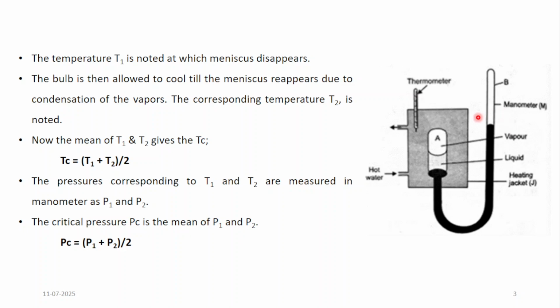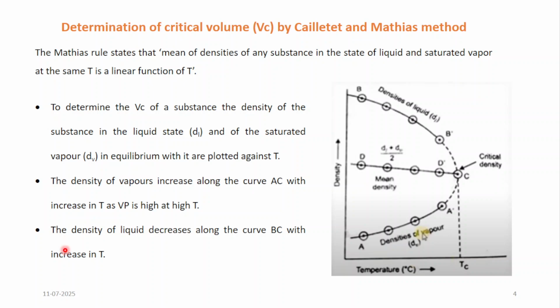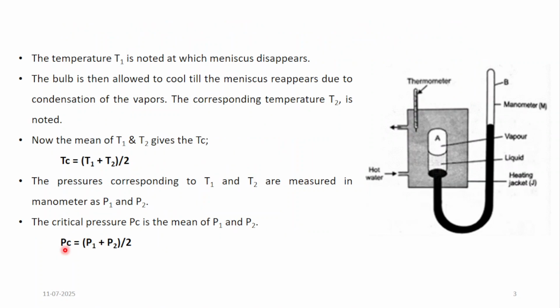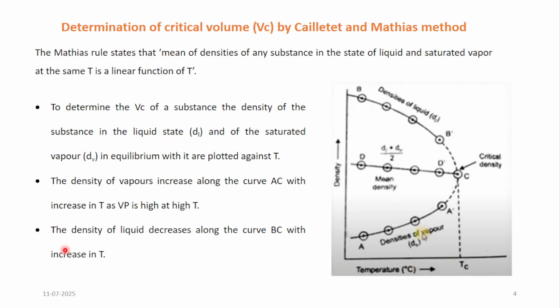Now to find critical pressure, you need to record the pressure P1 and P2 at the corresponding temperatures T1 and T2 using this manometer. Okay. So to find Pc, you take the average of P1 and P2, that is (P1 plus P2) by 2. That will give you critical pressure. As I already told, the critical volume cannot be determined using this apparatus. No direct method. So you have to use an indirect method for the determination of Vc, that is critical volume,